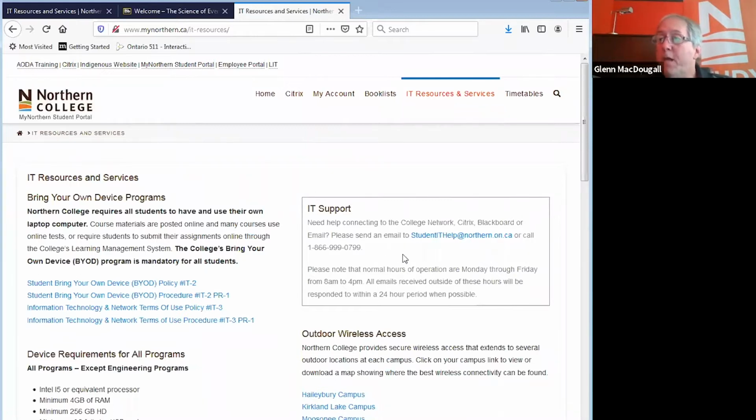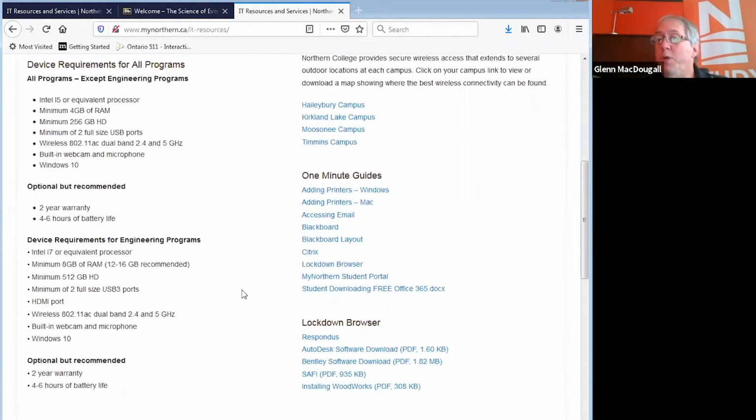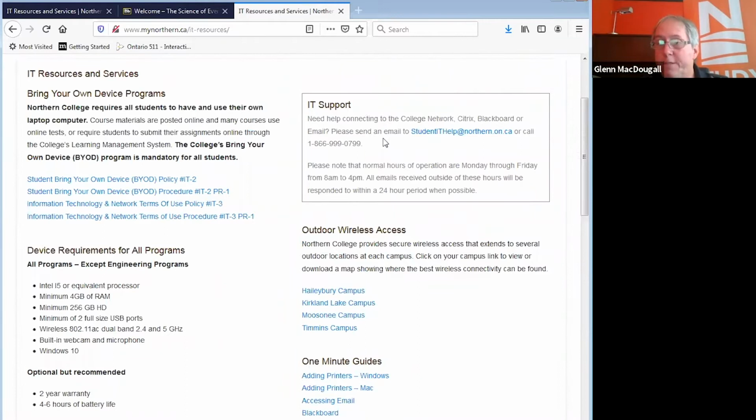But on this site, we will have another phone number, a toll-free number that you'll be able to use within the country, but we'll also have online chat features. So all the support that our domestic students would get, you will also get, and we're trying to make sure it is localized to your environment. And so what I would encourage you to do is just visit this site here. Pretty much everything you need to know about getting started is located here, including the information and emails to the IT help here at the college.